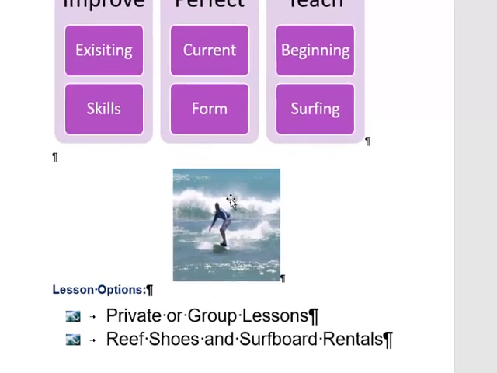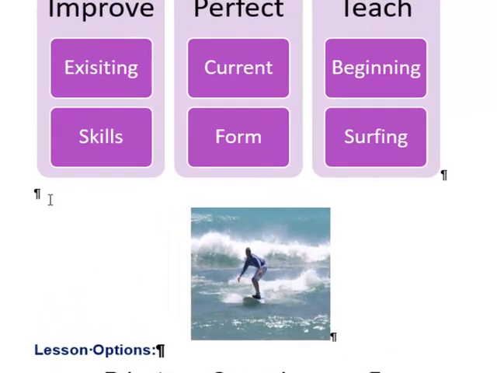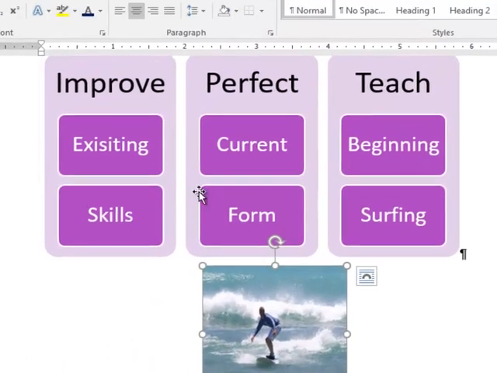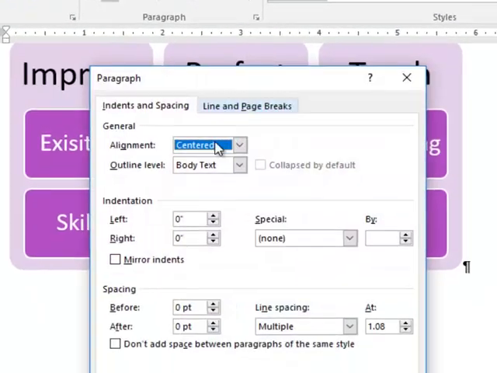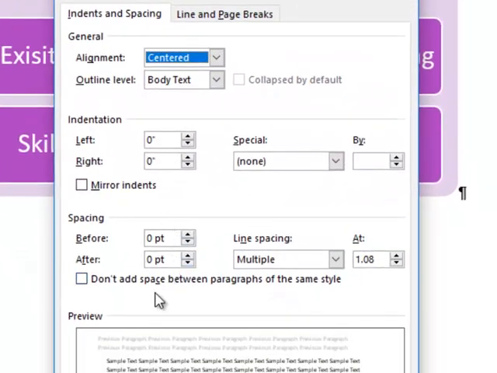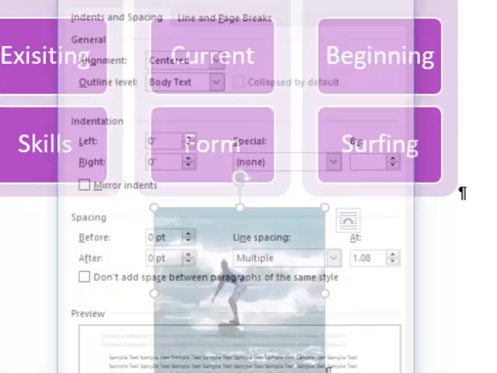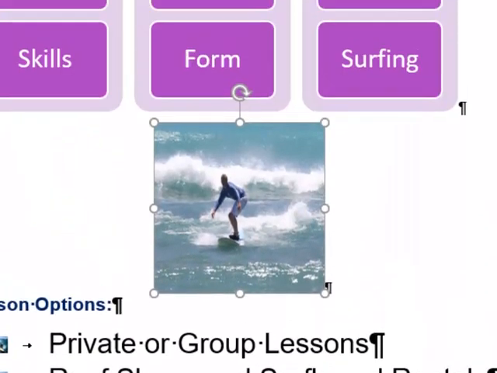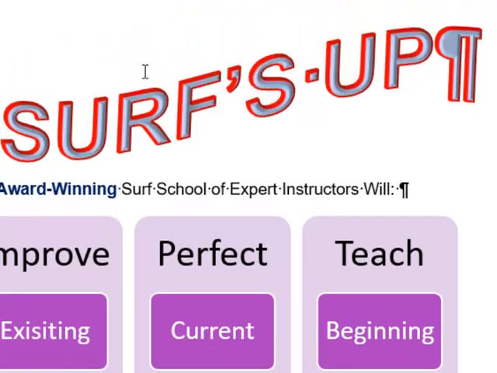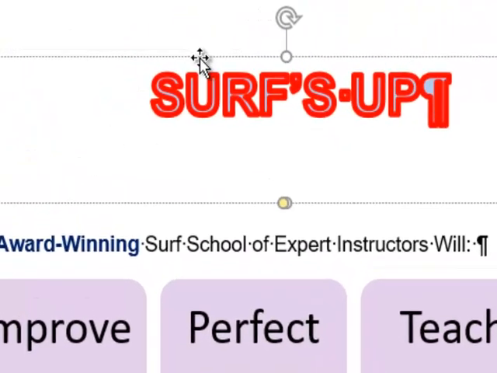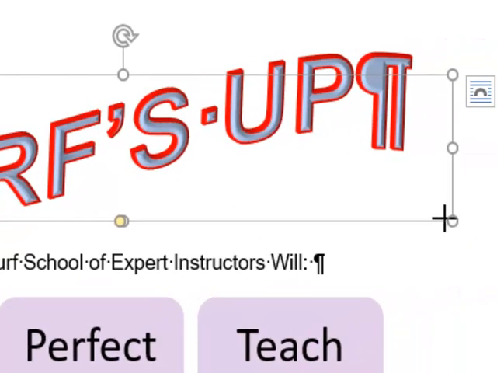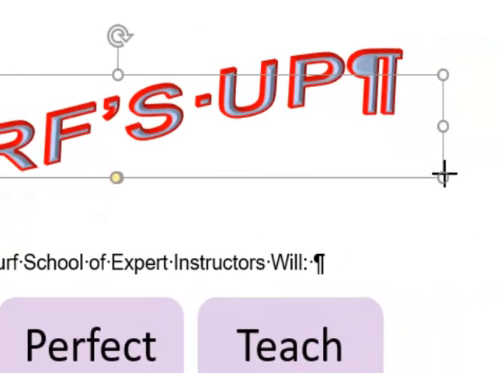Now I'm going to click on my blank line there. I'm going to remove that blank line. Notice how close the picture and the SmartArt graphic are now. With the picture selected, I'm going to change my spacing so it is a little bit further apart so it isn't as squished together. Now I'm going to select the SmartArt graphic and I'm going to resize it down